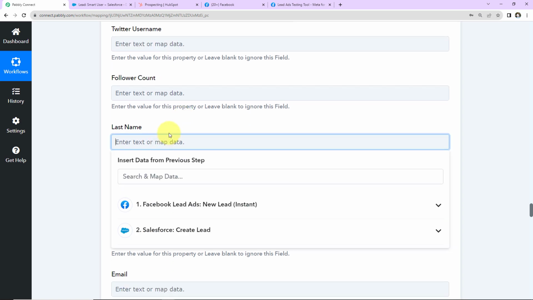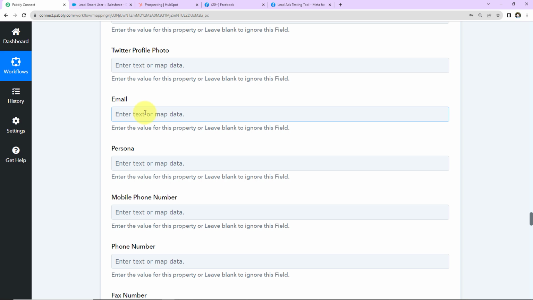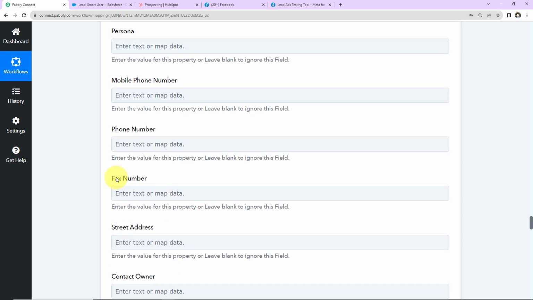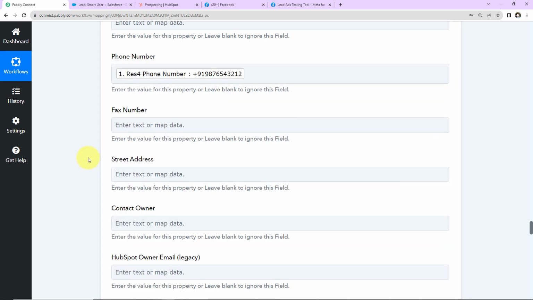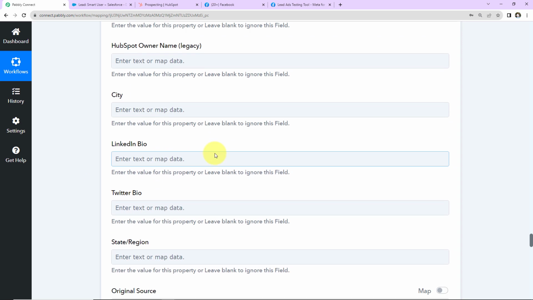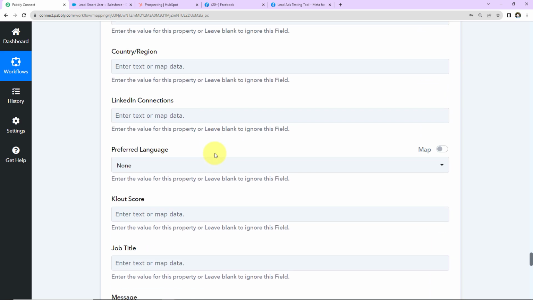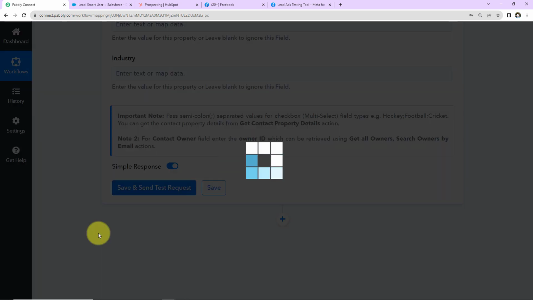Then what do we want? The last name. So this here is the last name. Then we have the email address. So this here is the email address. And here we have the phone number. So this here is the phone number. So all this information that is here, you can fill in this information when you have the data. This is just a test case, so I'm going to leave this blank,